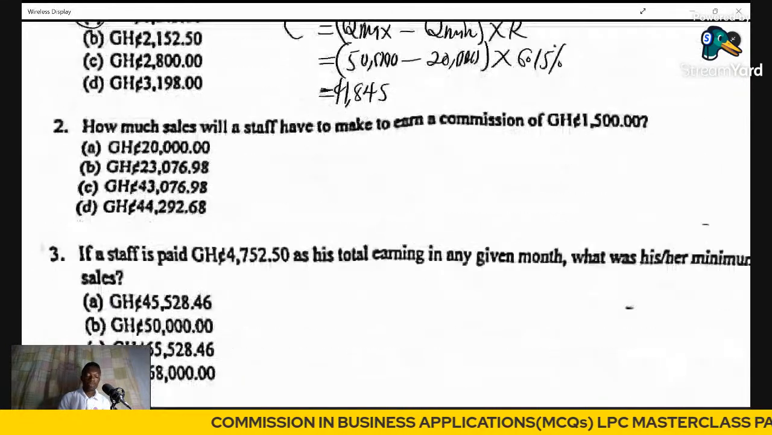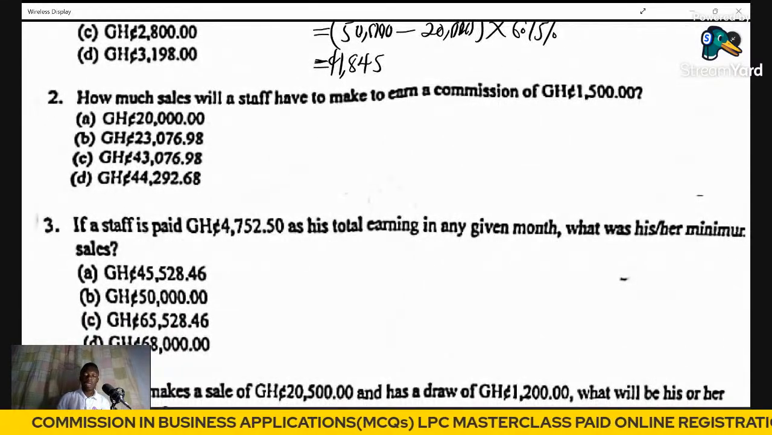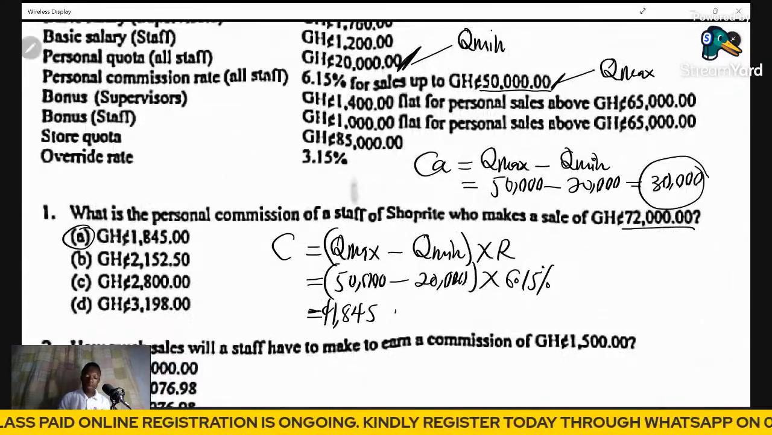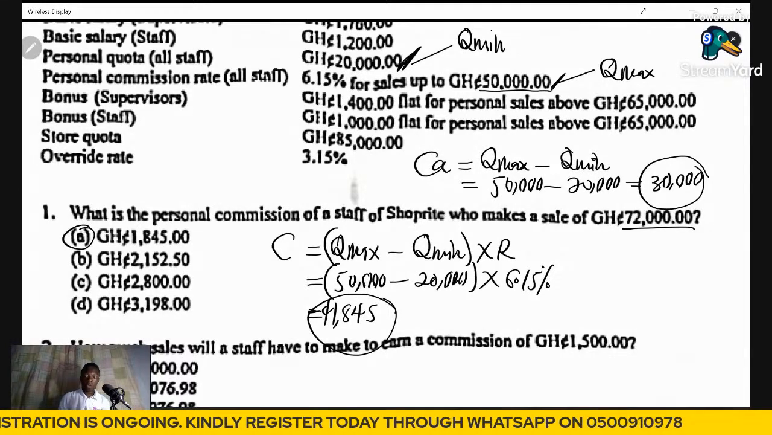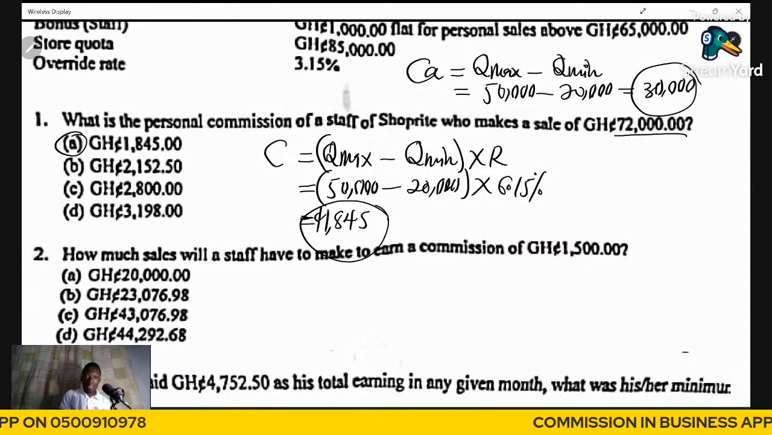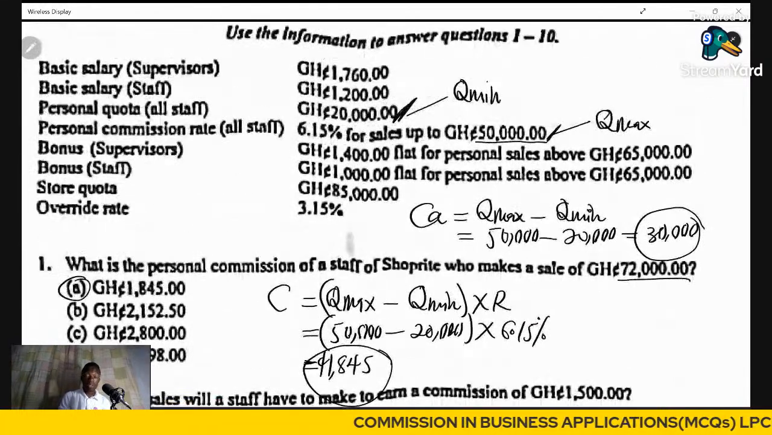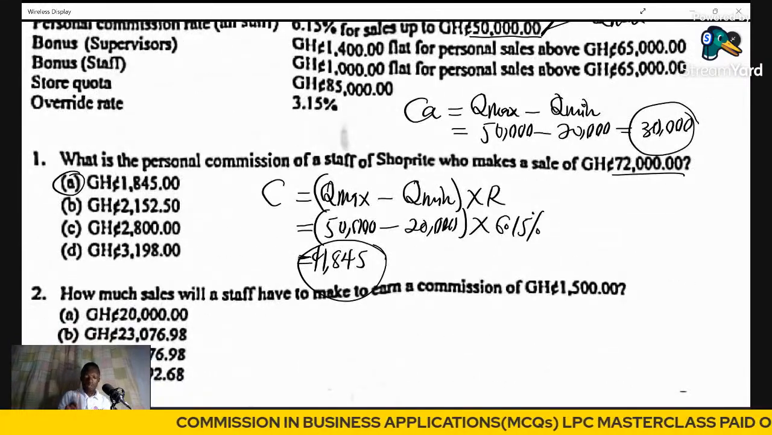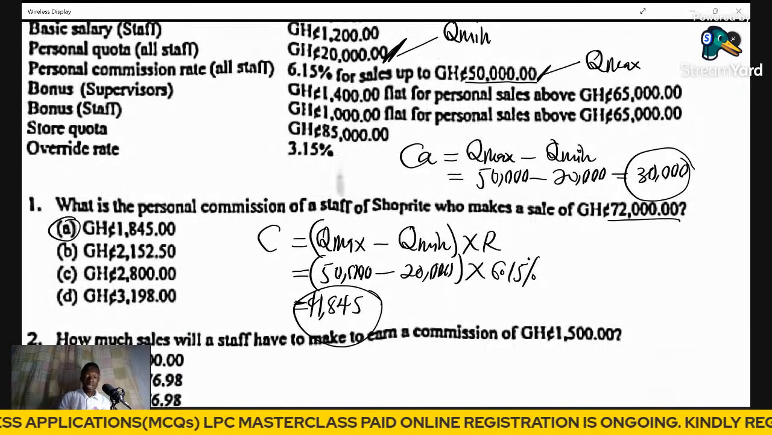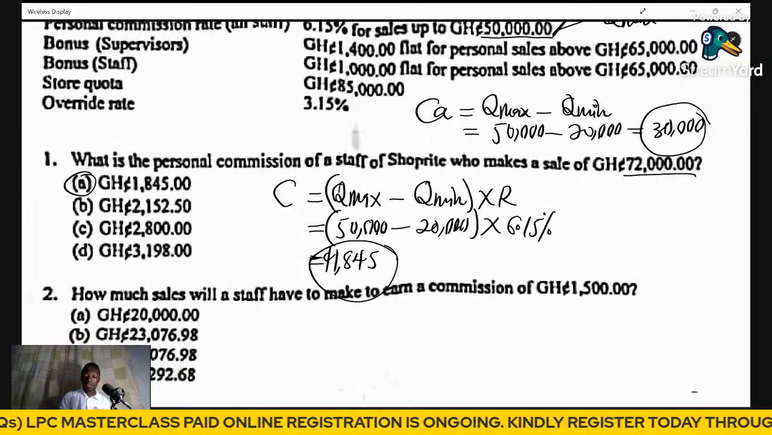Let's move on to question number 2. How much sales will a staff have to make to earn a commission of 1,500? You realize that to earn a full commission within the range of 20,000 and 50,000, we are going to get 1,845. But here the case is that this staff is actually earning 1,500. This should tell you that the sale of this staff was less than the maximum quota of 50,000. Because if his or her sales exceeded the maximum quota of 50,000, then all things being equal,